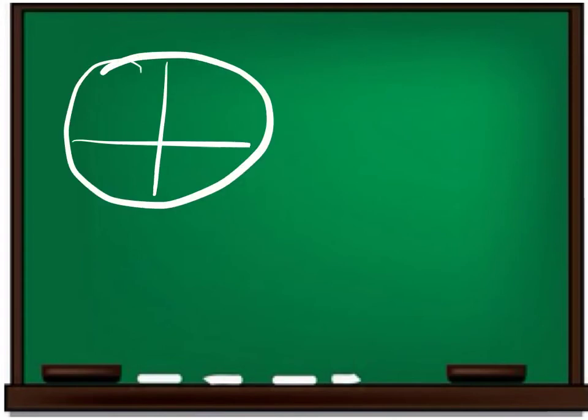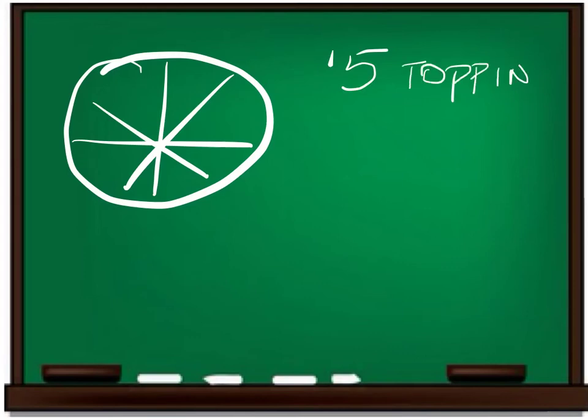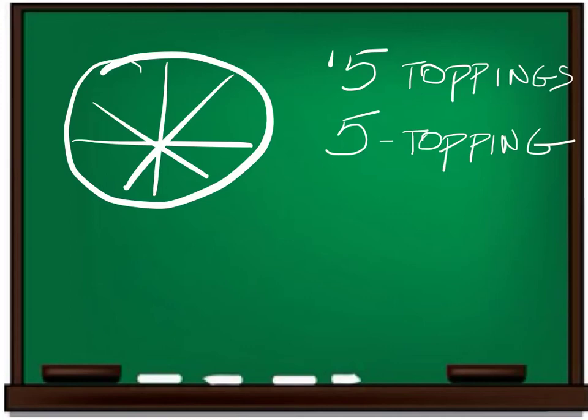Example number 4. A pizza shop offers a total of 15 toppings. How many different 5-topping pizzas can be made if you have 15 toppings to choose from? In combinations, it doesn't matter what order they show up. With permutations, remember we had the photographer, and they have to line them up a certain way. Photographers like people large to small, small to large, or the biggest one in the middle, then they fan out. But this one, it makes no difference, and that's why we use combinations for this pizza topping problem,